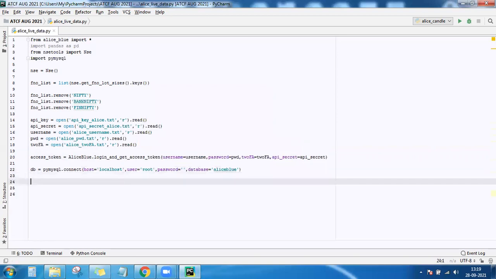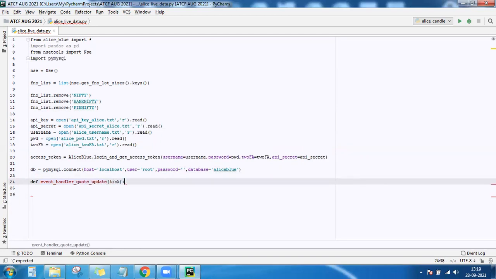Now, whatever live data you are going to get, a function is going to handle it. The name of that function is event handler quote update.